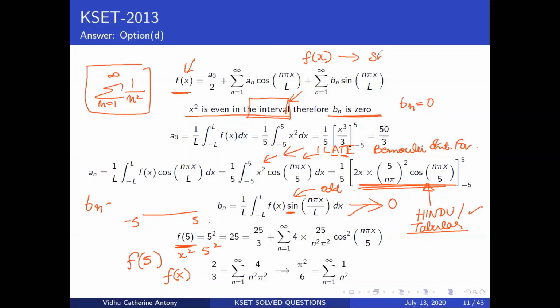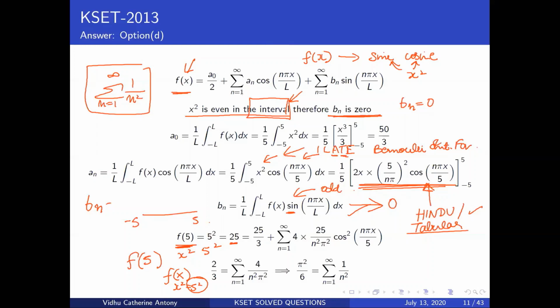functions of sines and cosines. That's basically what you're doing in your Fourier series, right? You take any function and write it in terms of sines and cosines. So you basically end up getting an x squared, which is your 5 squared over here. Now you have a 25. So what do you do here?